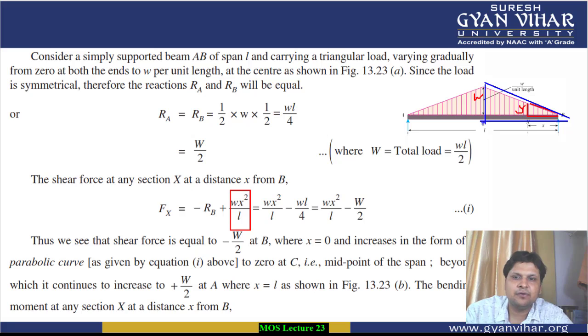Therefore, the ratio of the sides will be proportional. This means that, students, w divided by y will be equal to how much? It will be equal to x divided by L by 2, half. X divided by L by 2. Alright, so L by 2 can be written as 2x by L. So this is W upon Y.